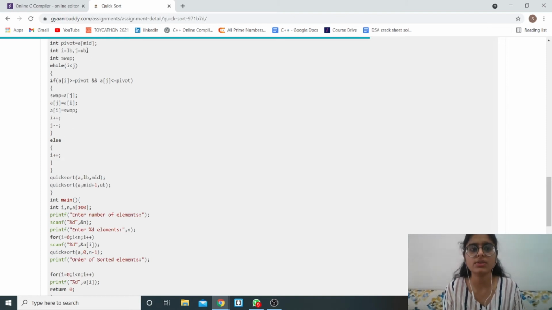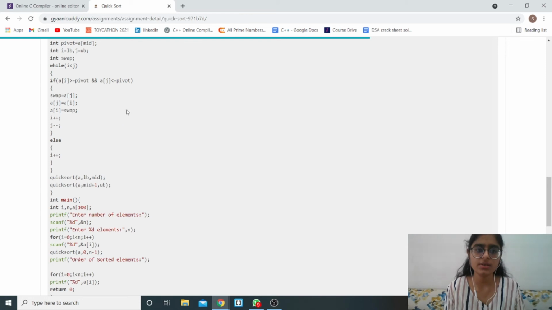It comes inside, and we check the condition if a[i] is greater than or equal to pivot and a[j] is less than or equal to pivot. This means that the first element is greater than or equal to pivot and the last element is less than or equal to pivot. If this condition is satisfied, then we swap these two variables and move ahead. And if this condition is not satisfied, then we simply move ahead, that is, we do i++.